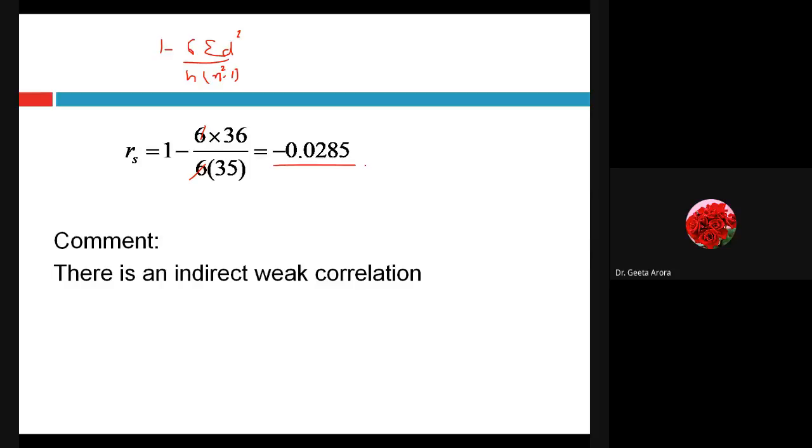And be sure to read the question very carefully. When the word correlation is there, be sure to read whether we are talking about rank correlation or correlation, because I have seen students making this type of silly mistake, where we have provided them rank correlation and they are looking for the normal correlation. Correct? So we have to be very careful regarding what is given to us, and whether we have to obtain the rank or the normal correlation. Whenever we have to find out the rank, obviously there is some hint in the question that we have to look for the rank correlation. So we just have to read the question carefully.